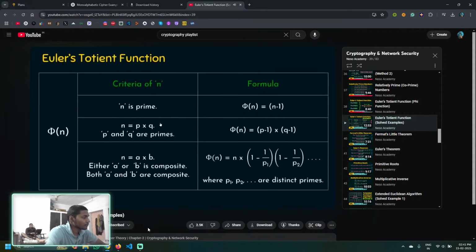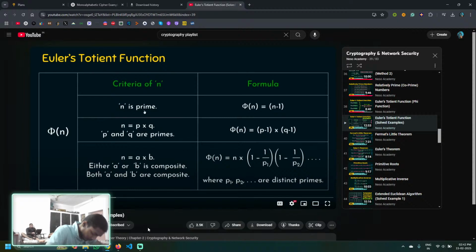Let's see the formulas now. We are obviously going to compute phi of n, and here I have mentioned 3 criteria for n. This n is a prime number, this n is a product of 2 prime numbers, or this n is a composite number but not a product of 2 prime numbers. Let's understand them one by one. If we are going to compute phi of n, and if this n is a prime number, and you need not